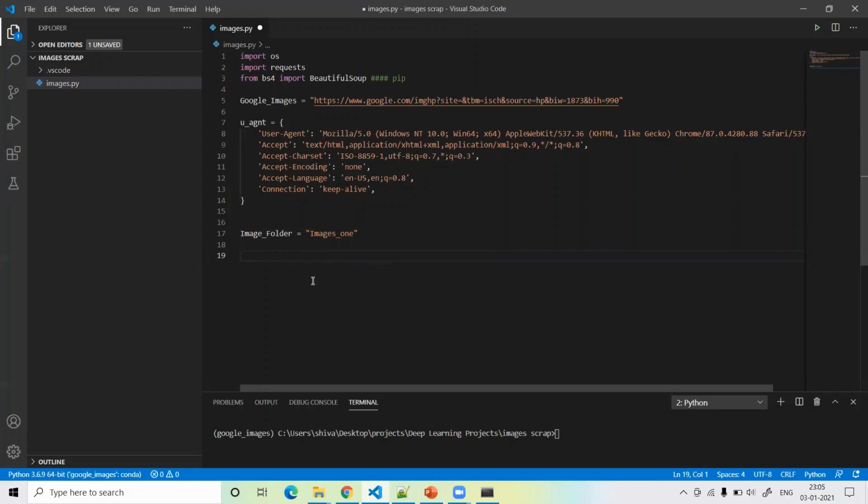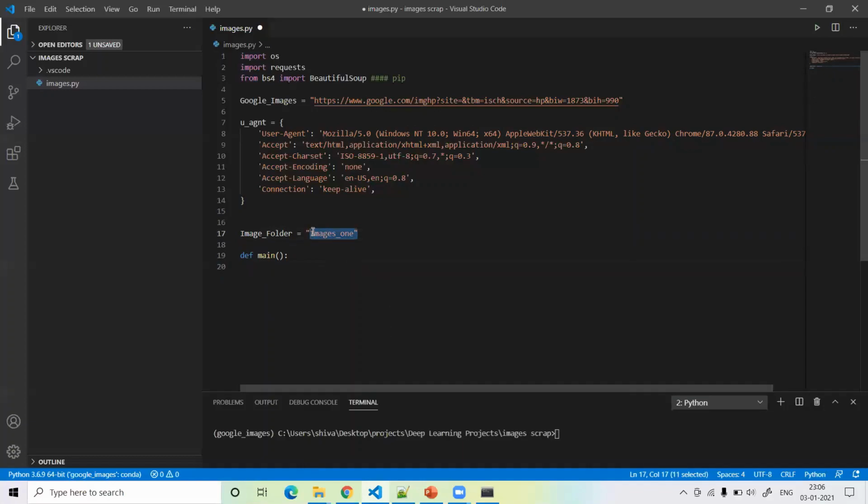Then we have to define the function. So I define the main function. If our folder exists, then store our dataset in this folder.